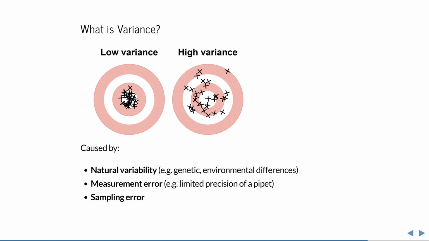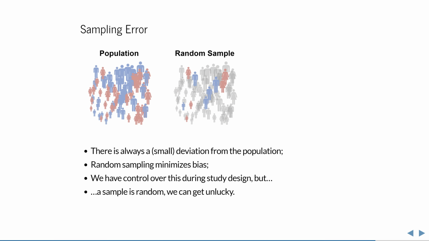Lastly, there's the variance caused by sampling error. Your sample is a limited selection of the population. It will always vary to some extent from the actual population. This is where random sampling and more elaborate techniques like stratified random sampling come in. But even if you did everything correctly, you are still dealing with a random sample. Your results are subject to chance. If you throw the dice once, you might roll 6. If you buy one lottery ticket, you might win the lottery. And if you draw a single sample from the population, you might just happen to have a sample that is not quite representative of its population.